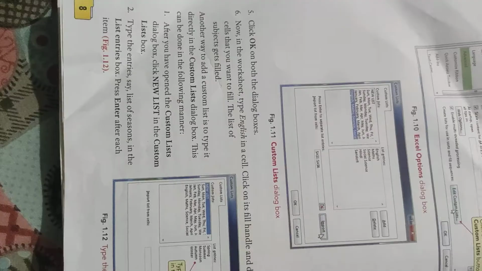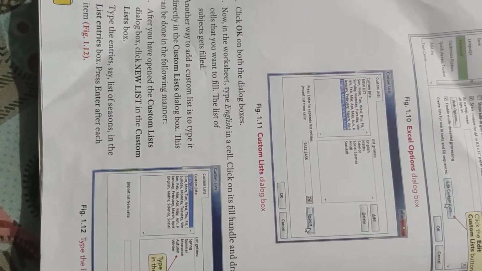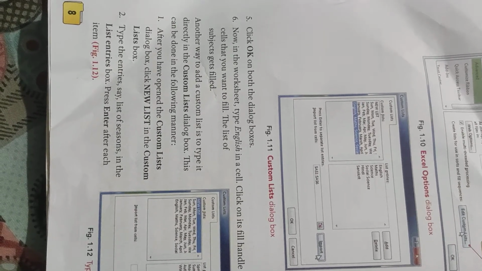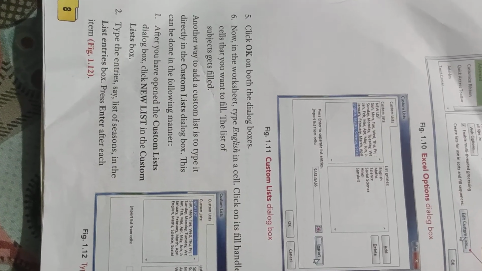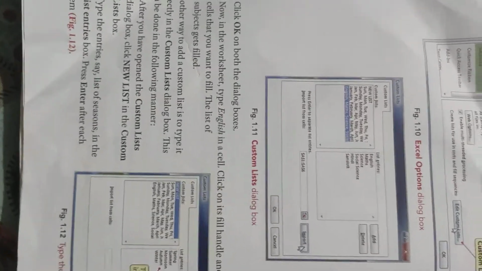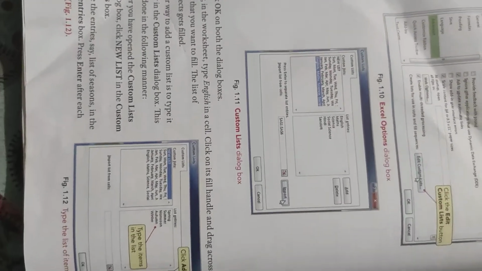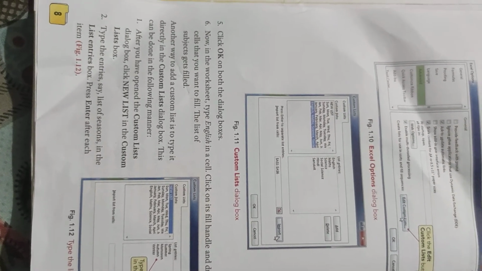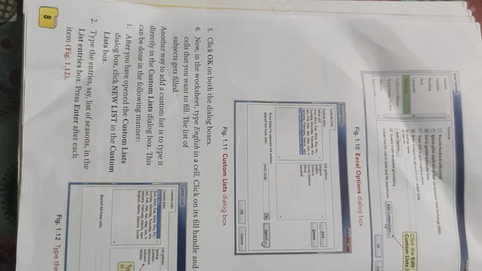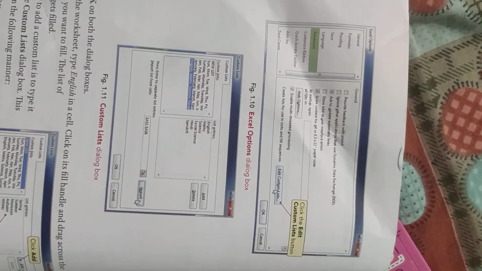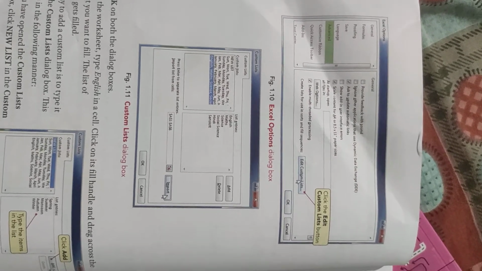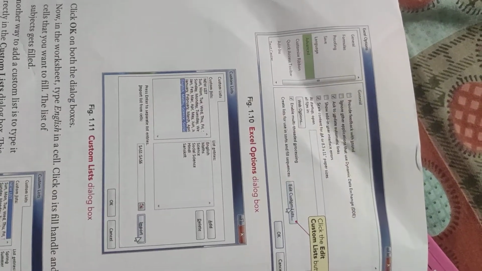Alright, now we are going to discuss the second option, that is, suppose you don't have a saved custom list but you want to define it. Suppose you want to save a list so that you can use it later, and you want to enter it manually. So the option for this is the same, you just have to open custom list. You have to edit custom list, and after this, instead of select, you can click on the option add.